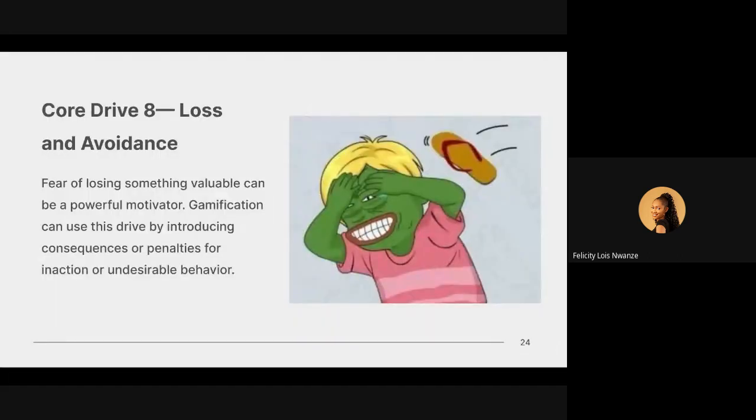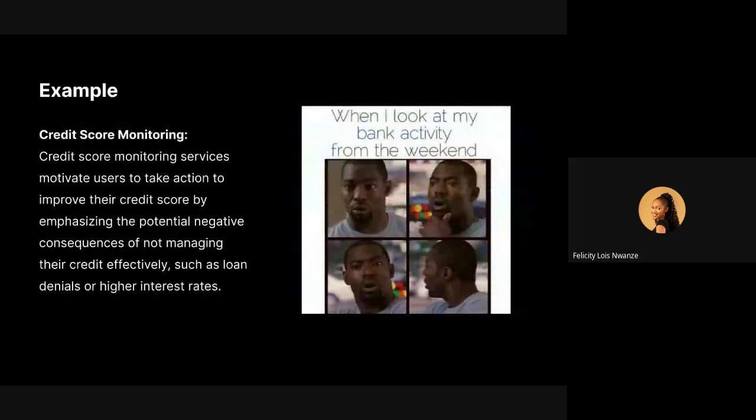So the eighth one, which is the last, is loss and avoidance. Now the fear of losing something usually makes you act, right, most times. It makes something seem more valuable to you. So gamification can use this particular core drive of loss and avoidance by introducing consequences or penalties for inaction or undesirable behavior, right?